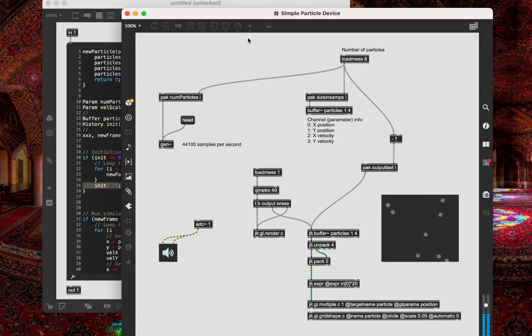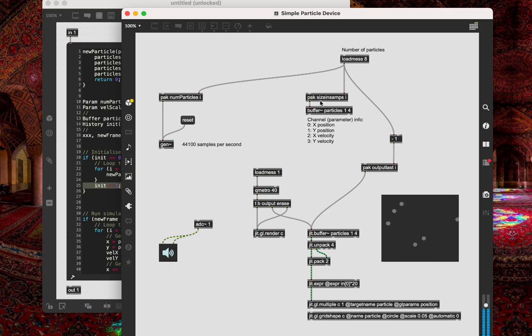Alright, so welcome back. We're going to continue this tutorial, and now that we've made the simple particle system and visualized it, we're going to move on to making the synth part, controlling the sound with it. And like I said in the last video, it's just going to be an oscillator bank, one oscillator per particle,